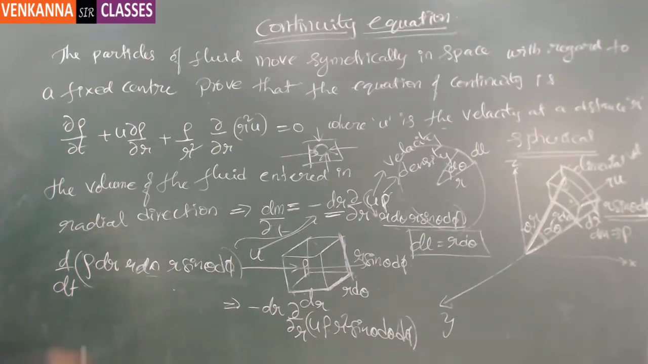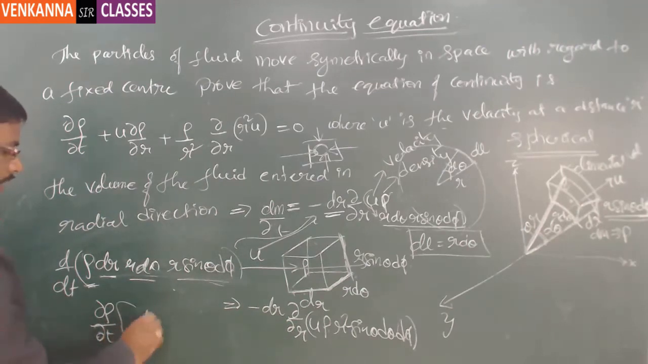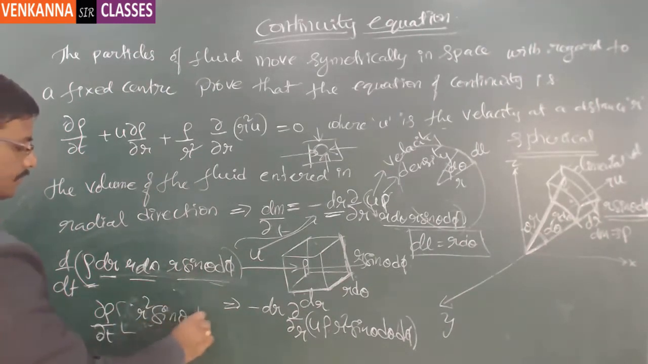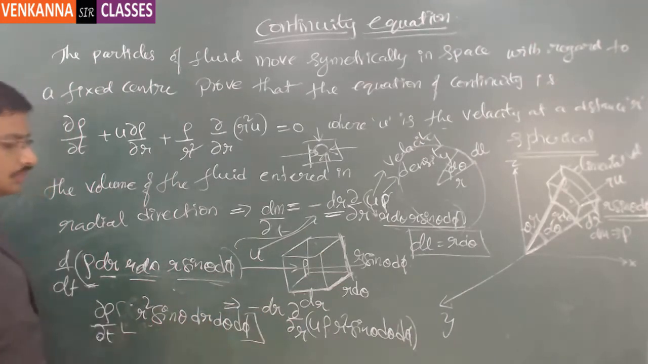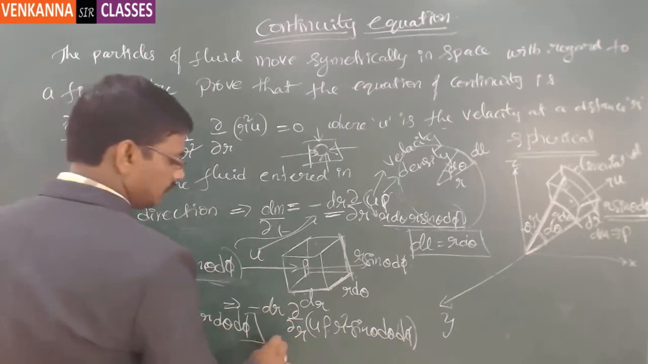So if there is a change in the rho value, let us say rho is a function of time, then the rest of the things are only the space coordinates. Then dou rho by dou t into dr into r square sin theta dr into d theta into d phi, and this value is equal to